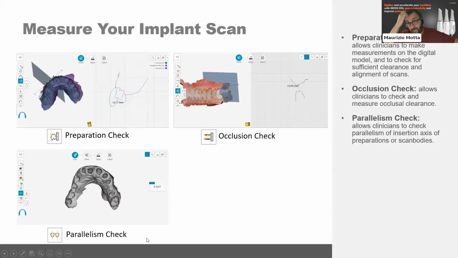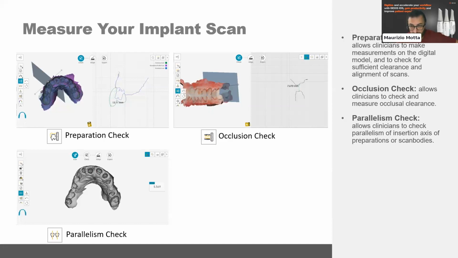In terms of measurement for the implant scan, also here it's really similar to the restoration workflow. So we have the preparation check, where you can actually see, for the implant workflow, the superimposition on the prep tooth or the original tooth before the extraction. If you have that scan, you can also see the superimposition of your scan body to see if the insertion of the screw for retaining, for screwing the crown on the implant, is actually passing through the right position. The occlusion check, as in the restoration, is to check the height measurement